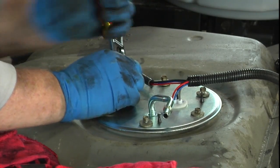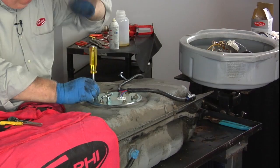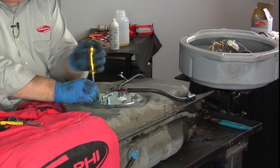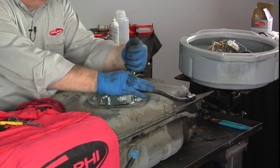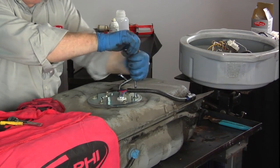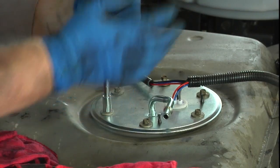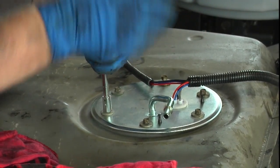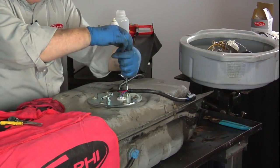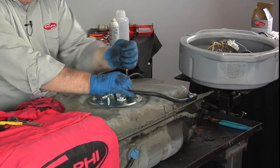Sometimes these gas tanks have baffles in them, and that's what makes it difficult to get your sending unit arm and float assembly in place, along with the sock or the fuel strainer, like a 10 micron little filter screen. So doing a little bit of a general crisscross here, then hand tight, and then I'll give a little twist of the wrist, give myself a little extra tightness, and we'll be ready to put it